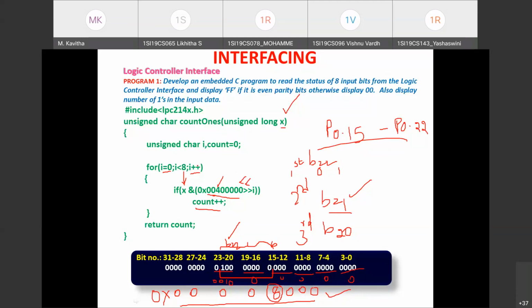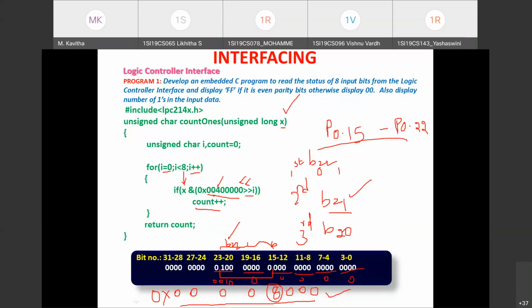Next I is incremented. I becomes 1. Okay, one time if you left shift, then 16th bit will be 1, rest other bits will be zeros. So what is that mask value? 0 0 0 1 4 zeros. So that will be the mask value in the second iteration and so on. Totally 8 iterations. It is left to your implementation whether you want to test the bit starting from bit 22 to bit 15 or from bit 15 to bit 22. Accordingly, you have to change the right shift and left shift operations.